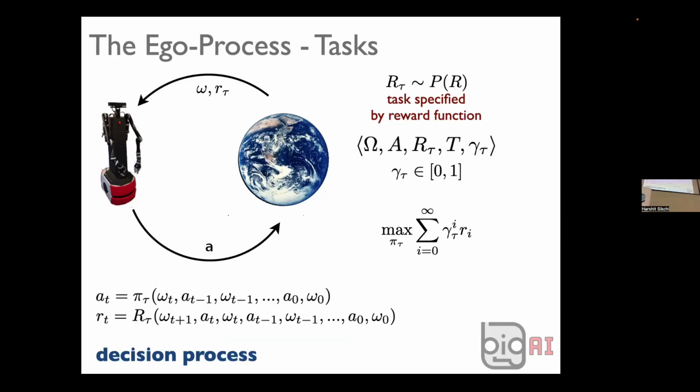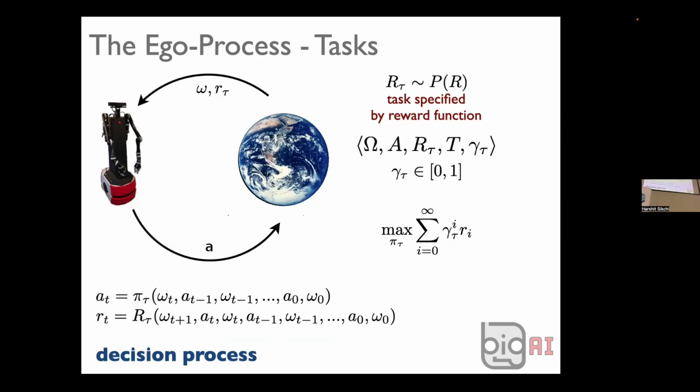This is the general decision process. It looks like an MDP, except that there's no Markov assumption. The action is a function of robot history, and the reward is a function of robot history. This is just a very general formulation of what a robot does. This reward function is justified by a theorem, the von Neumann-Morgenstern theorem, which says that if you have any preference over behavior, you can write that as a reward function. So we can definitely formalize the generally intelligent robot.